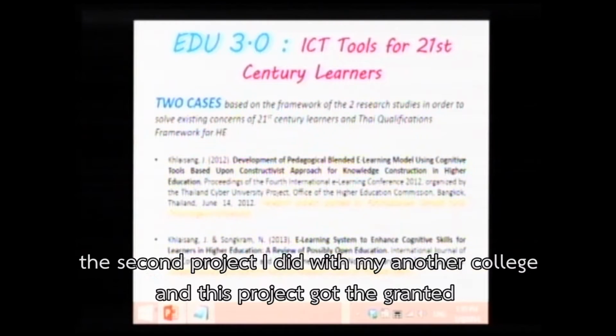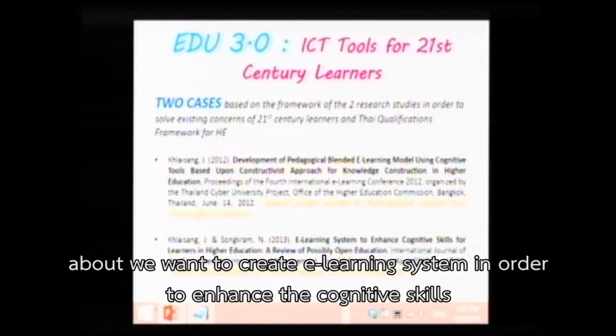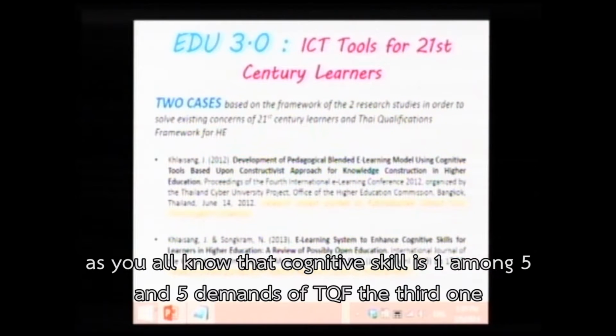This afternoon you will have a chance to try some of the tools I use in my classes. The second project I did with another colleague, and this project was granted by the National Research Council of Thailand. We want to create an e-learning system in order to enhance cognitive skills. As you all know, cognitive skill is one among the 5 domains of TQF, the third one.